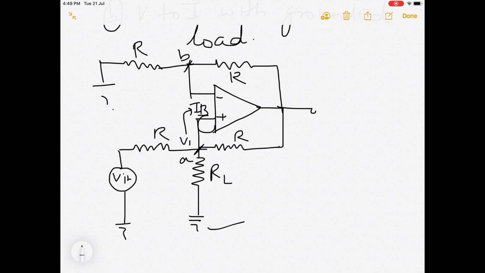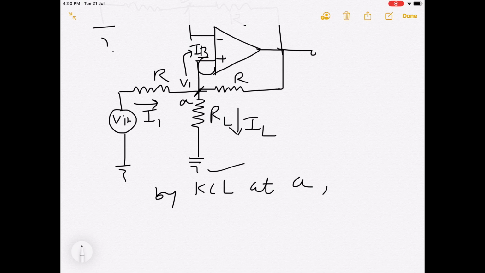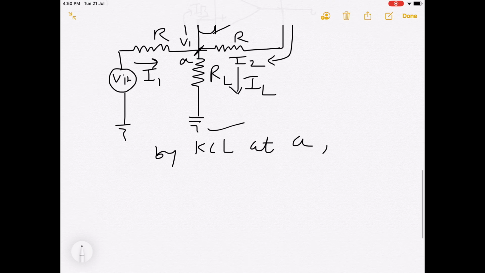Okay. So, apply KCL. What is KCL? Kirchhoff's current law. So, by applying KCL at A, you will get current direction. So, current direction first of all I have to draw here. V in is applied. So, here I1, one current is divided by like this IL, other current will be coming from this side, that is I2, and this current will be IB. Now, by KCL at point A, I1 plus I2 is equal to IB plus IL.